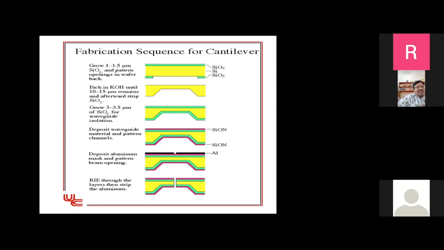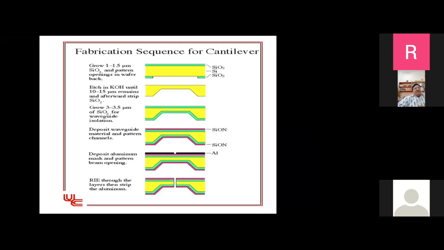Then you have to etch out a slit. For that, use an aluminum mask. You coat aluminum on top of this, and then using lithography, you etch a small slit type of region, and then you use what is called deep reactive ion etching to make this slit. That is very crudely, very briefly how you will do this. So you start with the silicon wafer, etch out a diaphragm, then you put an oxide layer for the substrate, then you put an oxynitride layer for the waveguiding region, and then use an aluminum mask and etch out through.